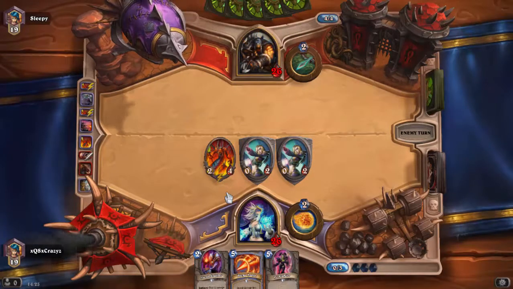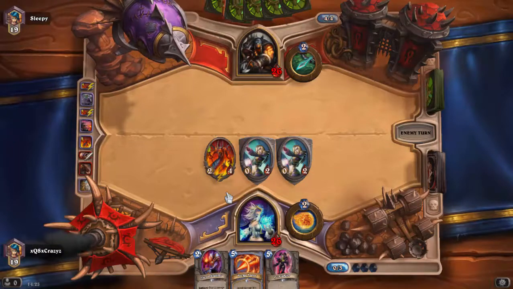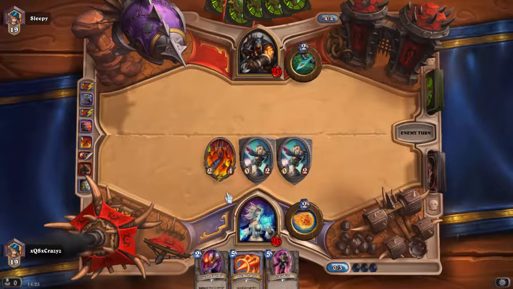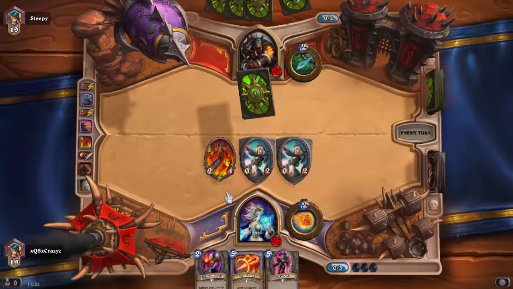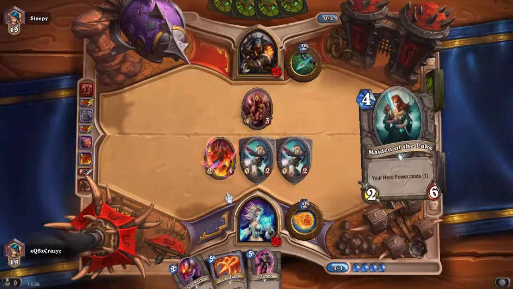And as I said, like the Flame Lance, deal 8 damage to a minion. Sorry. Excuse me if I mess up some stuff. I'm not feeling too great today. But yeah, honestly, dealing 8 damage to a minion is amazing for 5 mana as well. It's a shame you can't do 8 damage to anything. But then again, I guess that card would have to cost more for it to be worthwhile. And he silences it. Okay. So, yeah, I mean, this turn...